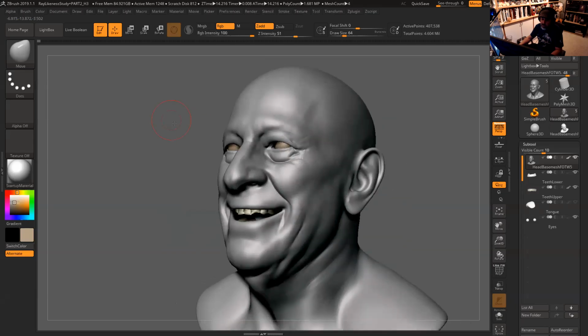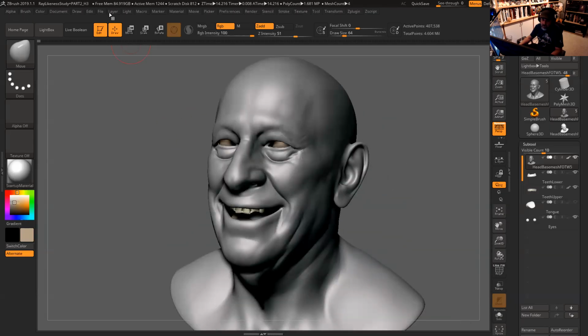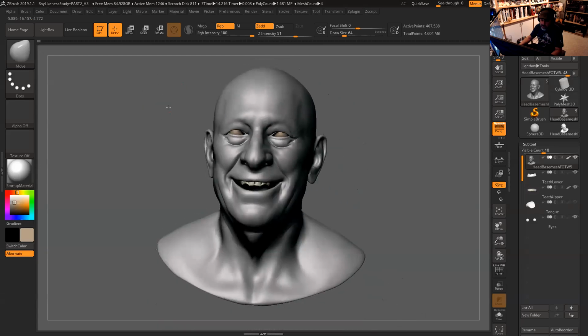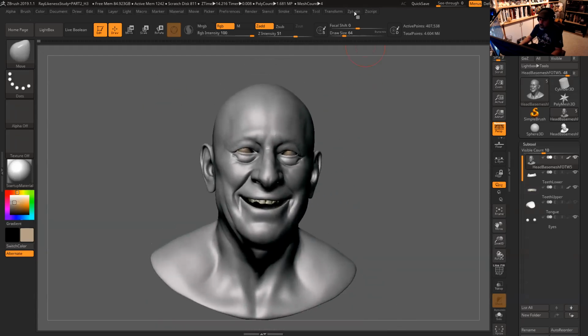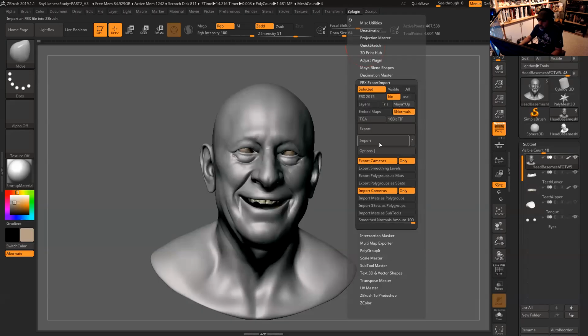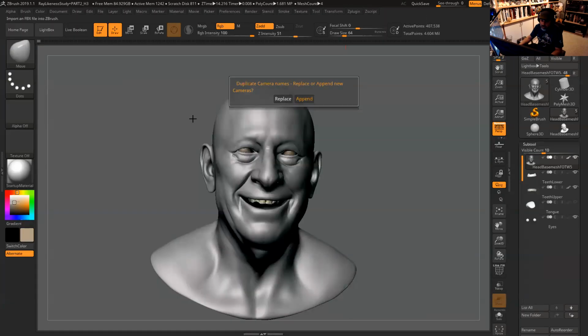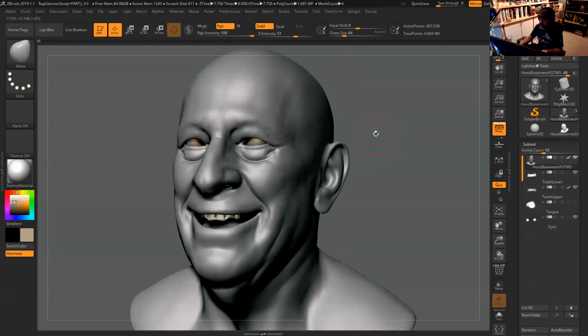So to make sure that my camera matches that, I just go over there and I can just say, okay, Plugin. Uh-oh, I hope I didn't delete my history. No, I think it's fine. So I go to Plugin and I just say import now. And I can just pick that camera. And now you're gonna say append or replace. If I do replace, it basically pops to that position. So you can do this at multiple different scenes, you know, like projects. So you always have that camera saved for any time you want. So that's a very useful one.